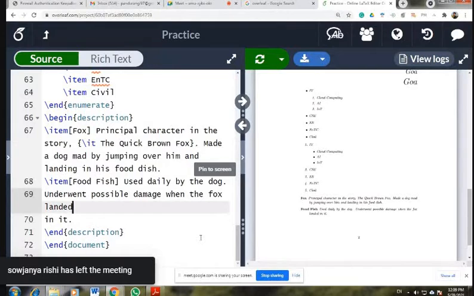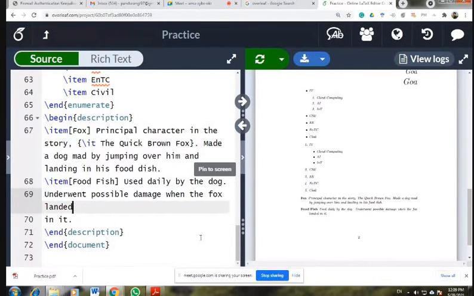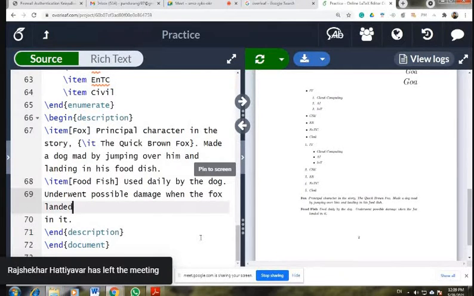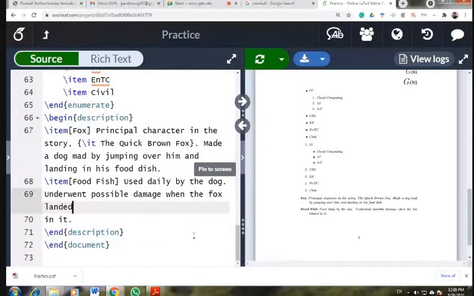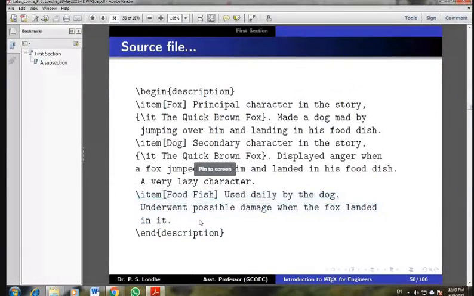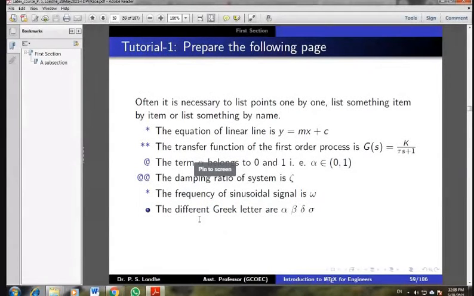Is it working? Yes, sir, it worked. Okay, good. So this is how you can make the description list instead of a bullet list based upon your type of text, right?